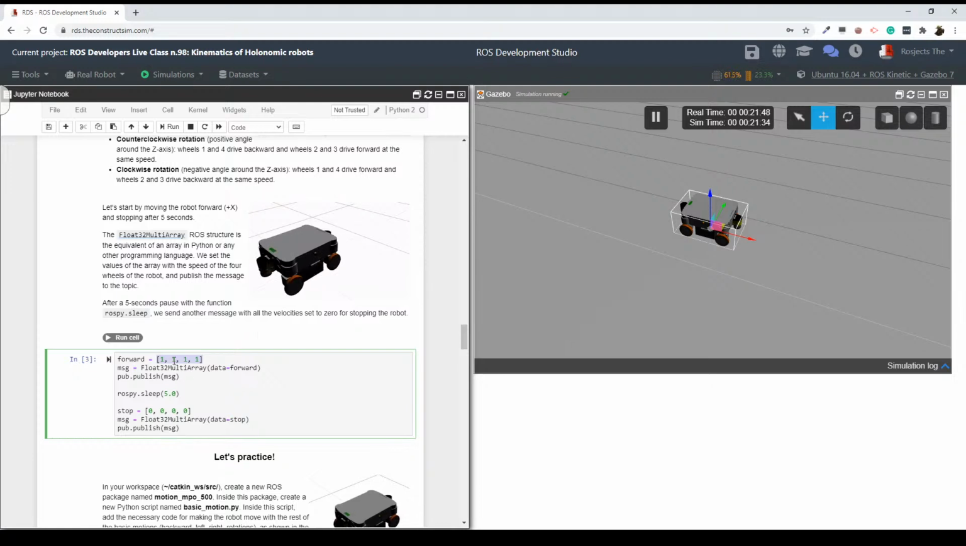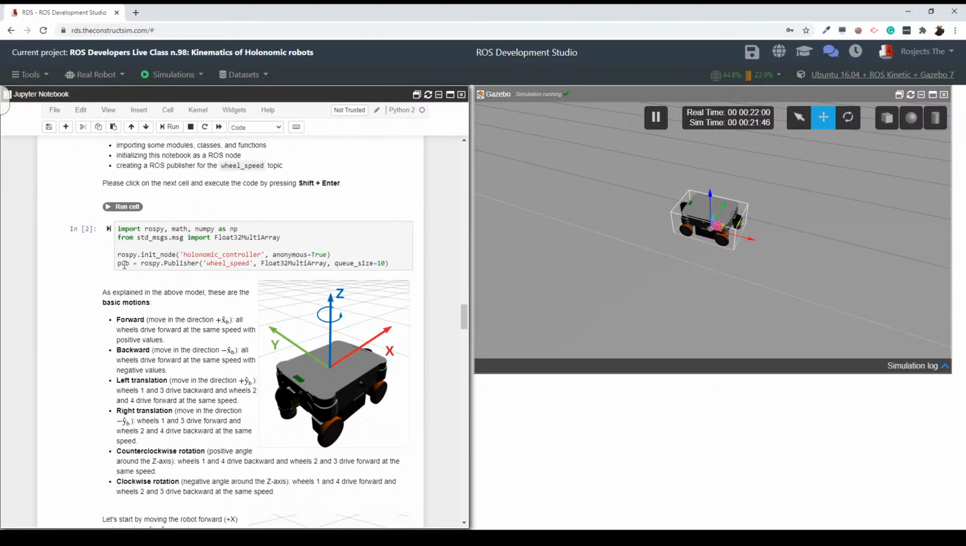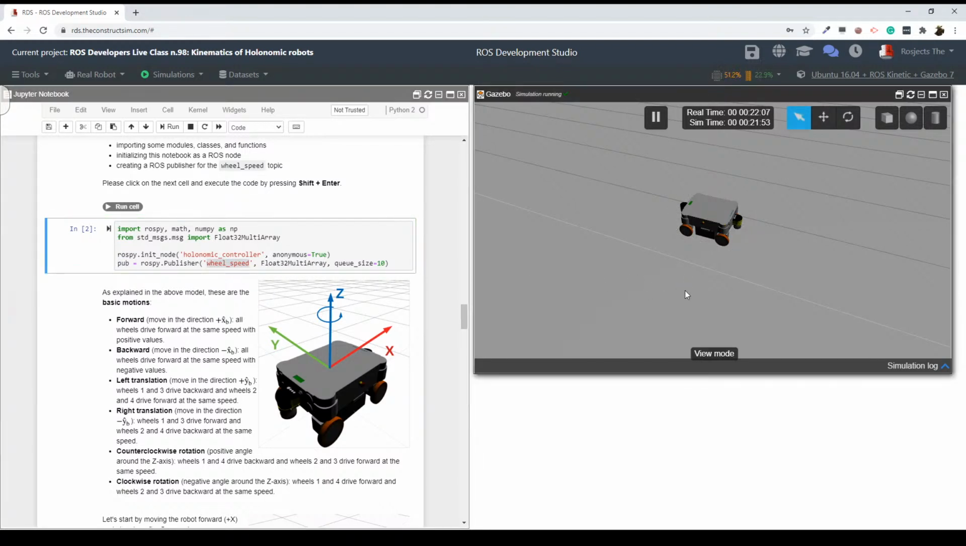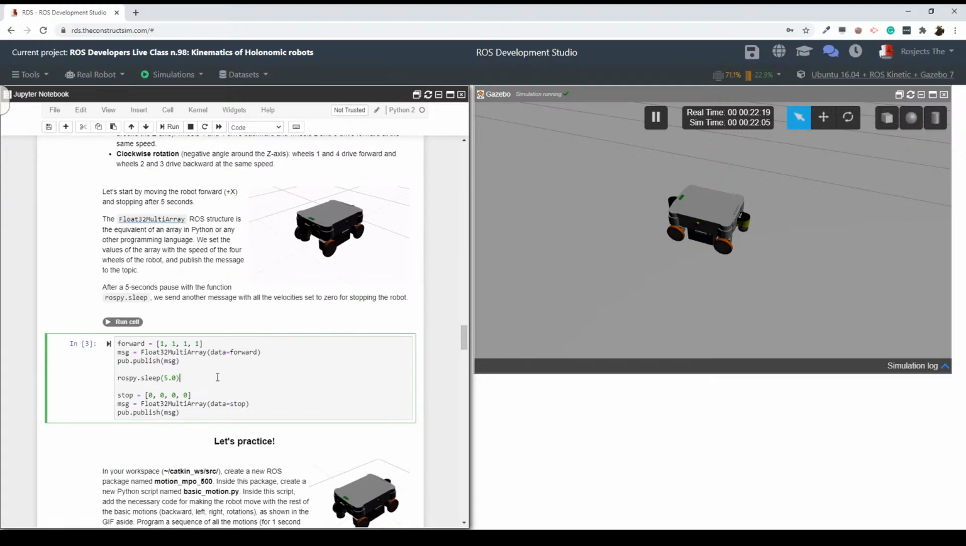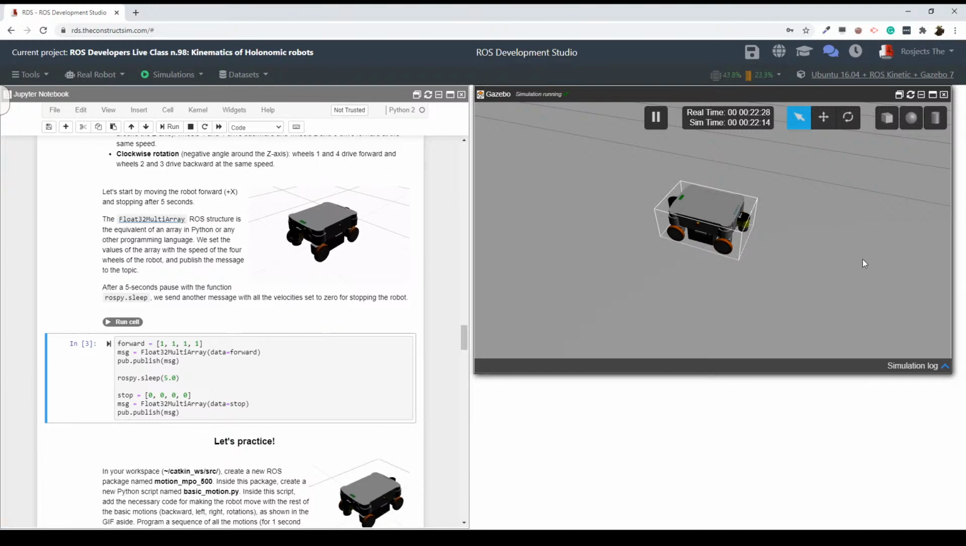Once we define these velocities, we are going to put them into a Float32MultiArray type of message, and then we are going to publish this message using the publisher that we have just defined. That is going to publish this message into the wheel speed topic, which is the topic that this robot is listening to in order to provide speeds to the wheels of the robot. So, with this code, if we execute it, what should happen is the following. The robot should start moving forward at a speed of 1 meter per second,